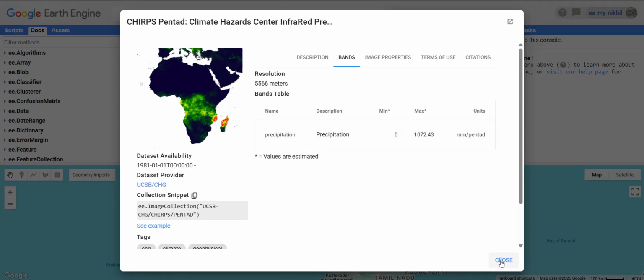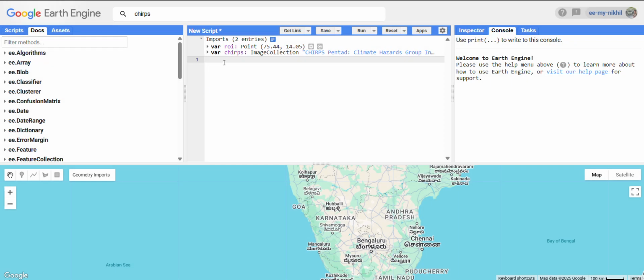So let's see how we can manipulate this and how we can write a for loop. Let's say I want to have the precipitation for the past 40 years. So I'm creating a variable called years, and I'm also making a list of sequences